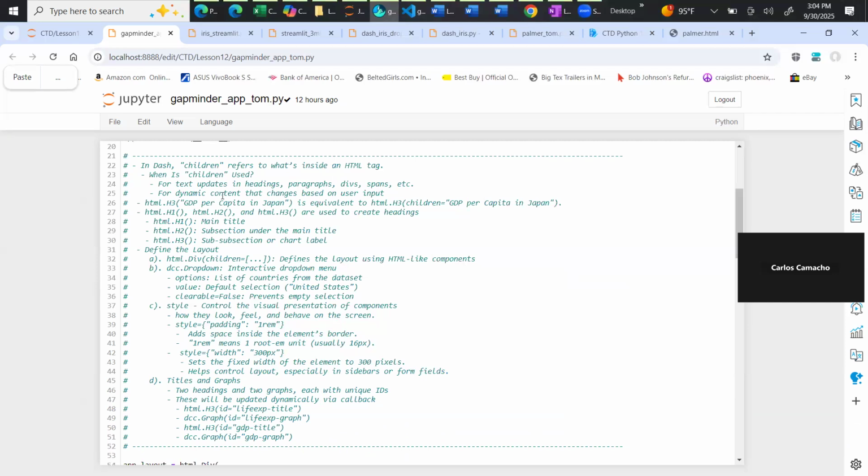And also for dynamic content, for example, we change the title. So this one is an example. If you use HTML H3, this is relative to the children. And then in our example, sometimes we use the HTML H1, HTML H2. So the HTML, they usually create the heading, and then